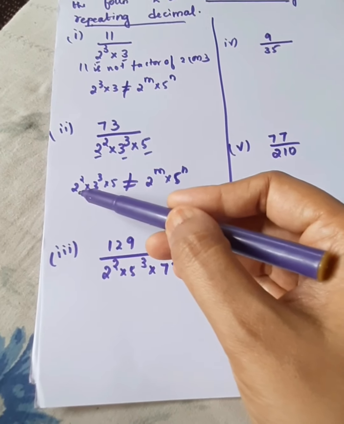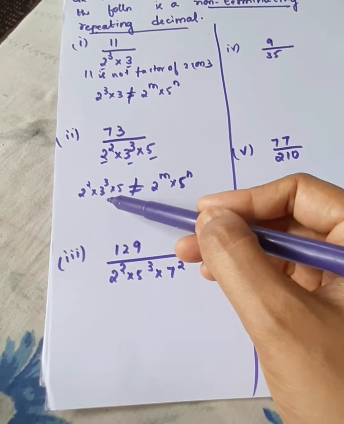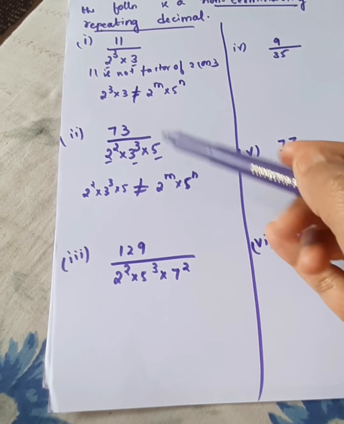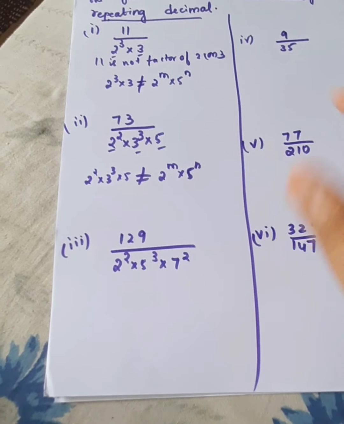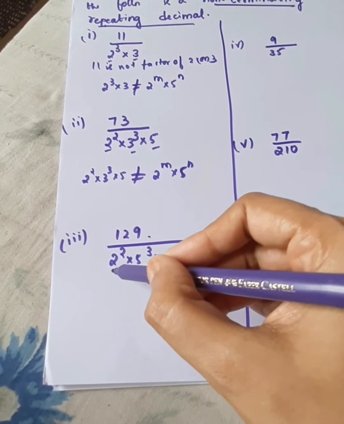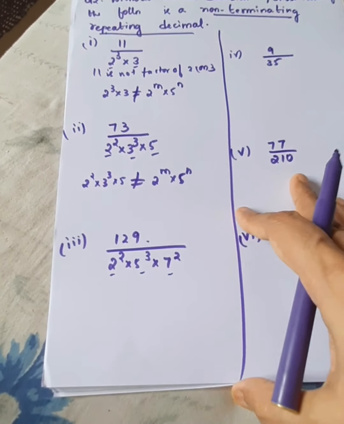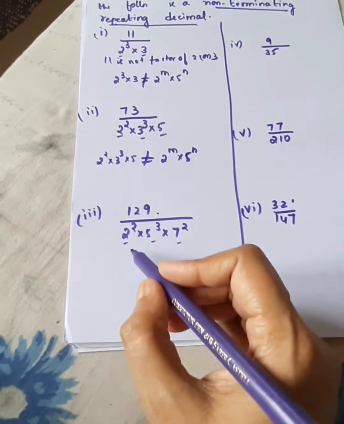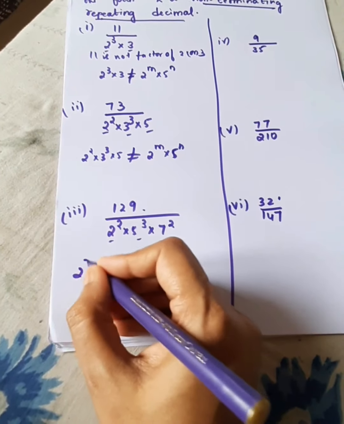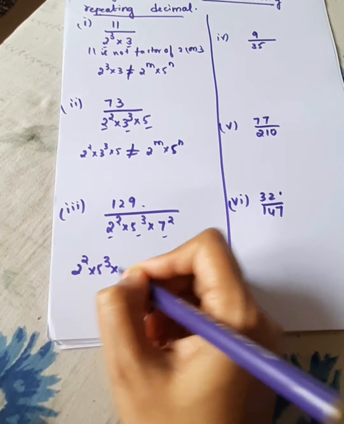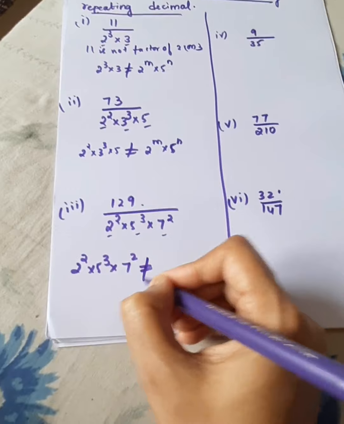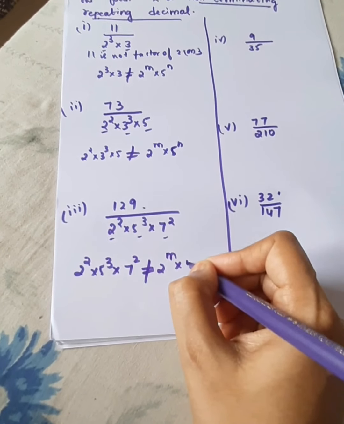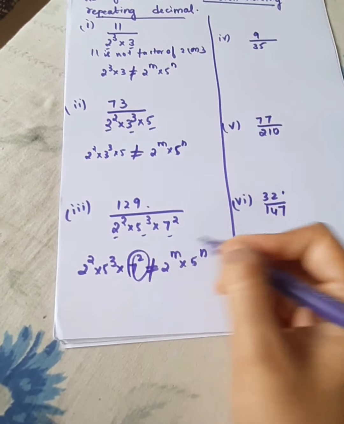You can cross-verify by doing the calculation. You're dividing the numerator by the denominator. It will have the repeated decimal value, never ending. Again, for the third one, it's not satisfying the condition. The denominator is not of the form 2 to the power of m into 5 to the power of n. So that clearly shows this is also not a